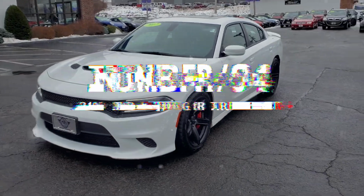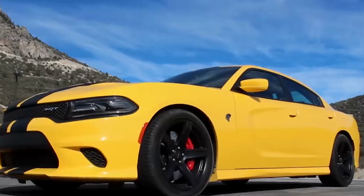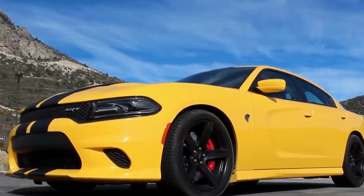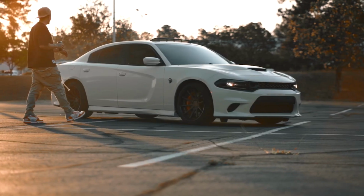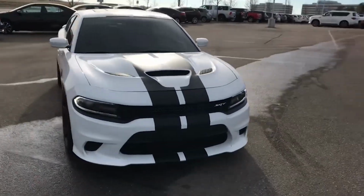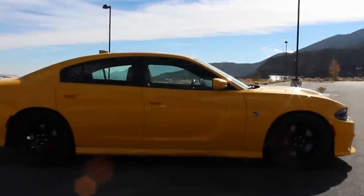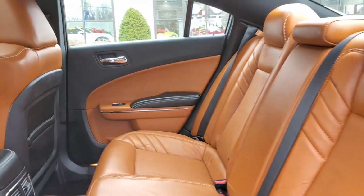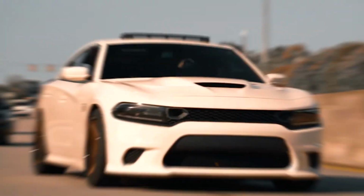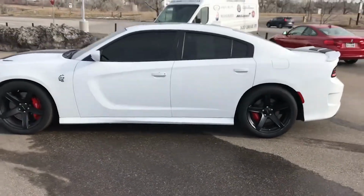Number 4. 2017 Dodge Charger SRT Hellcat. During the 2010 decade, Dodge didn't fail to produce a reputable unit. The automaker ensured that the 2017 Charger range was both practical and as thrilling as a muscle car needs to be. Inside the four-doors 2017 Charger SRT, there is plenty of space in all 4 seats, making it a great choice for those looking for a family car that can also pack a good punch under the hood for track